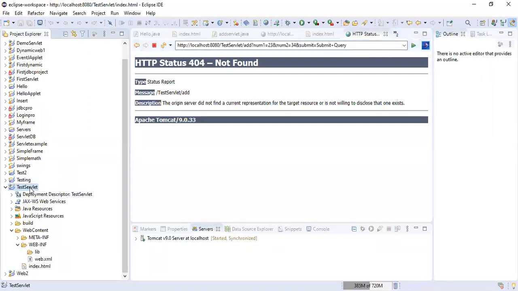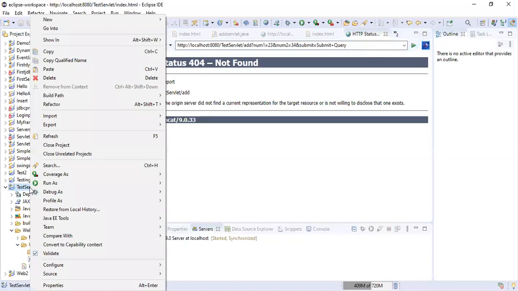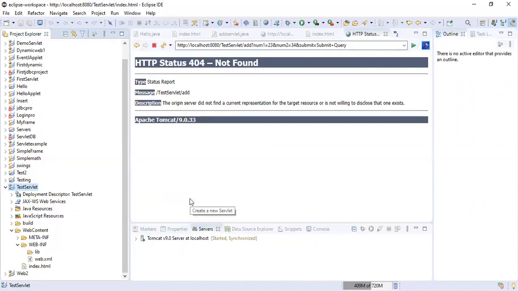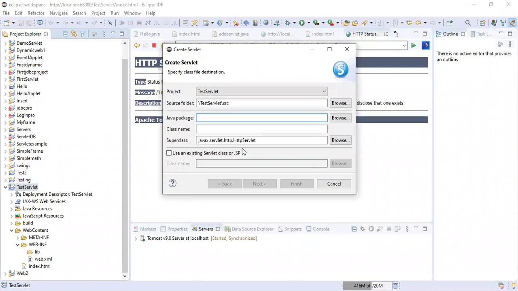What we are going to do is right click it and say new servlet. We are going to add the servlet, so just click on it. Now give the name of your servlet. You can mention a package name as well if you want to put all your servlets in a single package. Then put the name of your servlet.